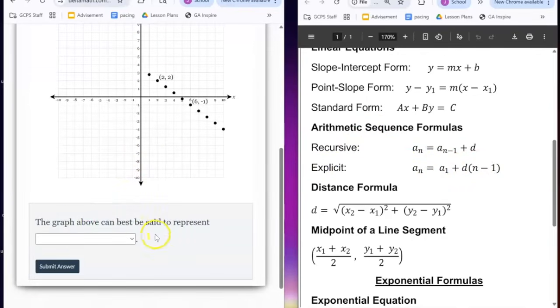Okay, the graph above can be best said to represent what? Let's go over a couple of definitions. If you see that it's just dots and not a line connecting, this is discrete. Discrete is just dots, it doesn't connect, because you can't have 1.5 or 2.2. There's a discrete value for y for every x. If it's continuous, there's a line joining, which means you can